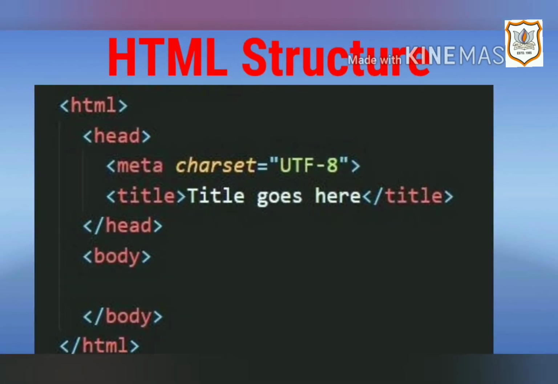All HTML documents are divided into two main parts, the head and the body. To build any web page, you will need four primary tags: HTML tag, head tag, title tag, and body tag. These are all container tags and must appear as a pair with a beginning and ending. We can write this code in any text editor, for example Notepad and WordPad in Windows, and save it with the extension .html.